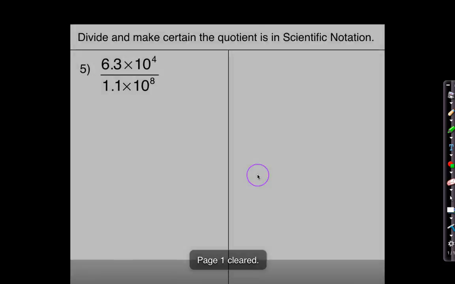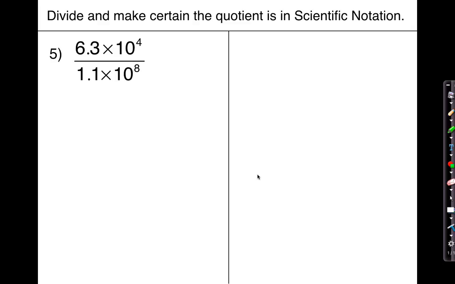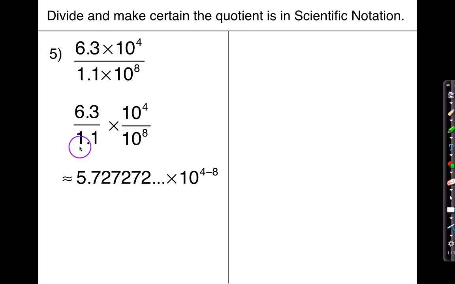Now there is another case, so it's going to come up in a couple examples, so stay with me. So let's take a look at number 5. Here we're going to do the same thing. We're going to go ahead and divide the coefficients and multiply that by dividing the tens as well. Here, once we divide 6.3 divided by 1.1, we actually get